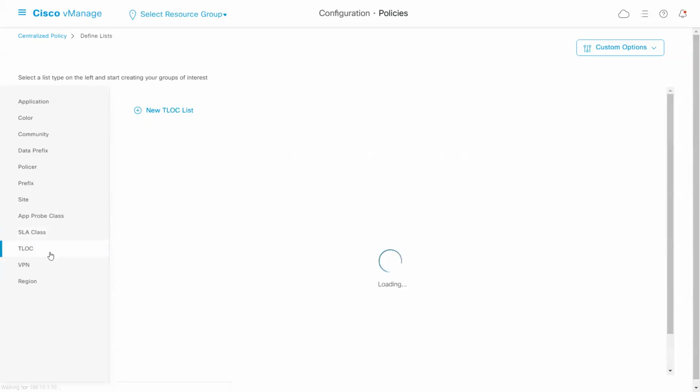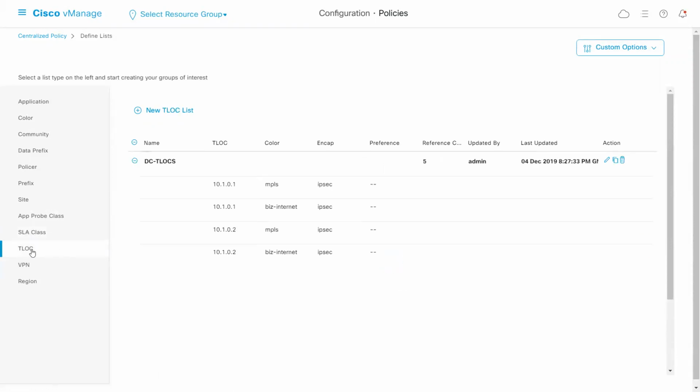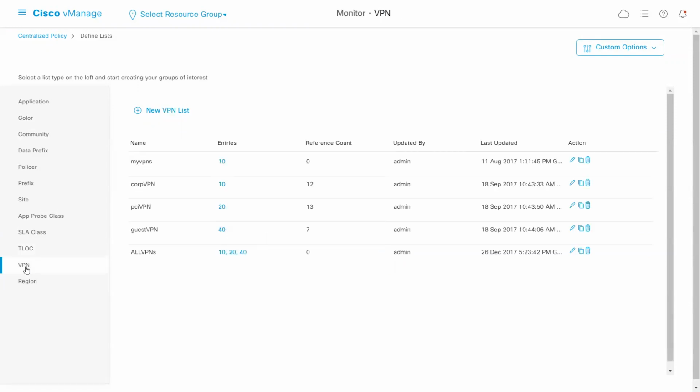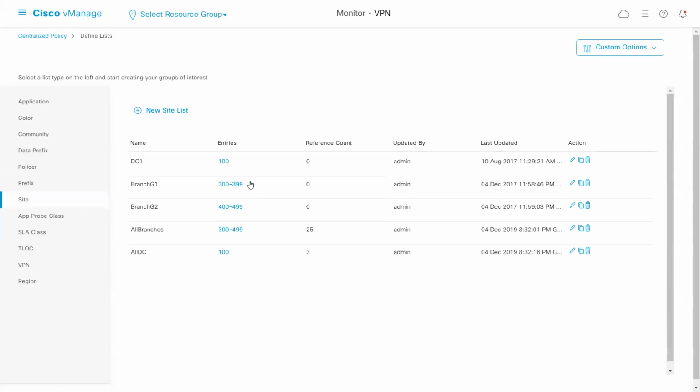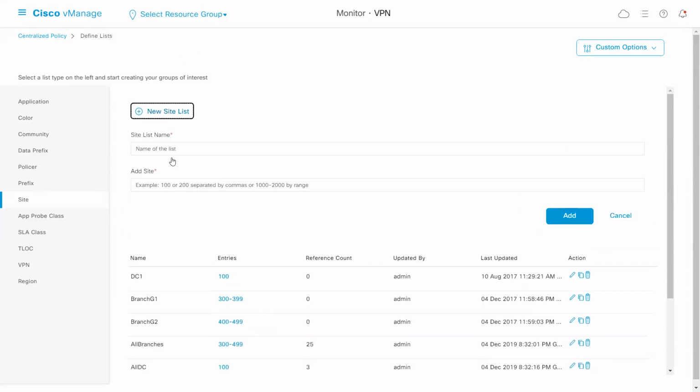We have this next hop feature, TLOC feature. This also we are going to use in upcoming classes. We have this option called VPN, and then they have newly added this region as well. So now what we want to do, let's go to the site, and I'll go and create the list related to site. So let's go here, click,